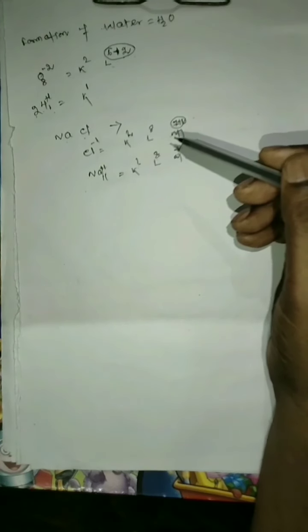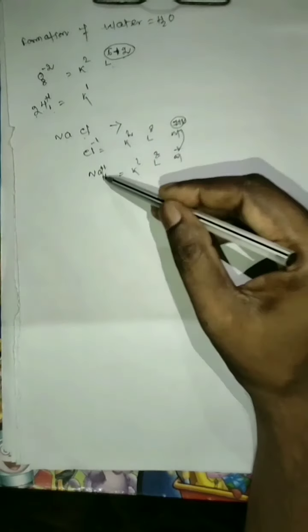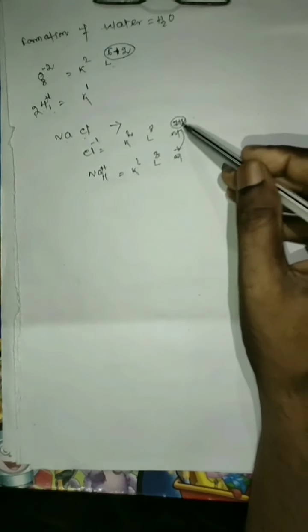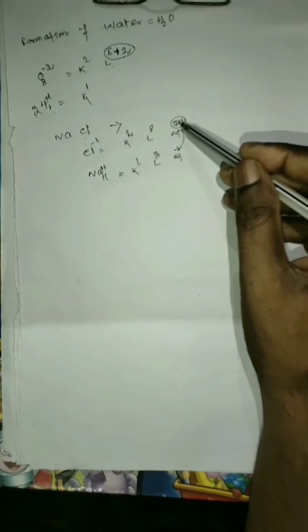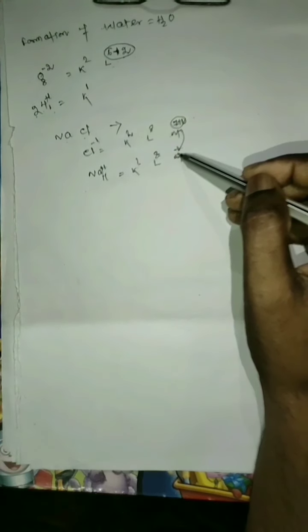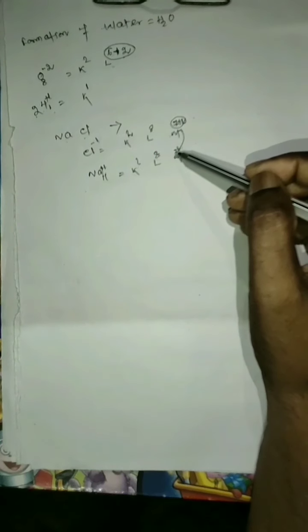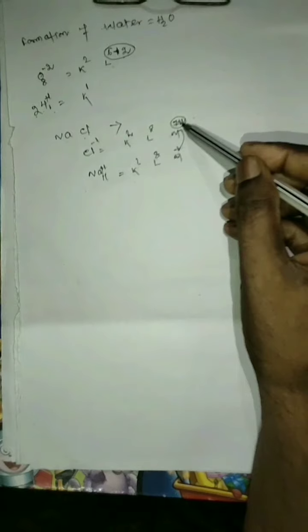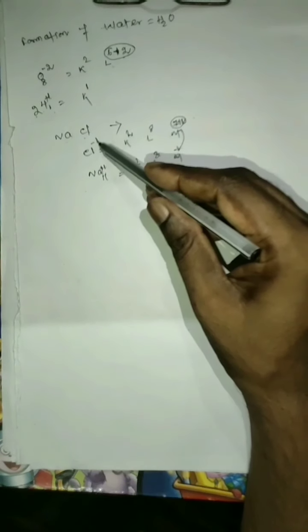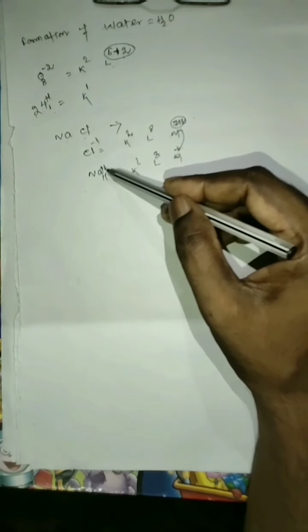Why? Because, for example, sodium donates 1 electron to chlorine. Sodium loses, donates one electron. This became deficient by 1 electron. Those that are deficient in electrons have a positive charge. Those that add an electron have a negative charge. That's why this is a negative charge here, -1. This is +1.